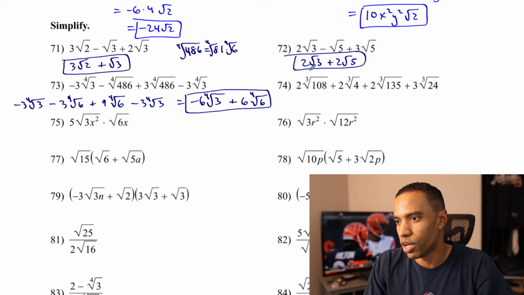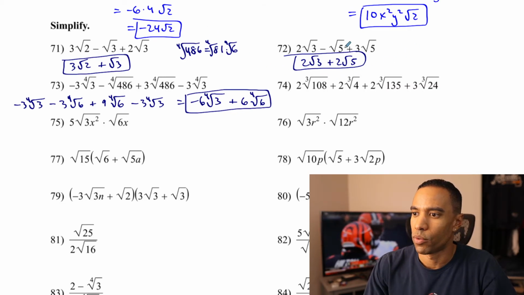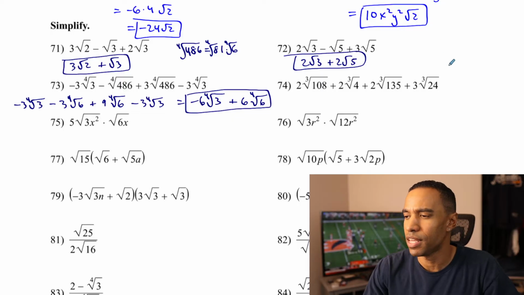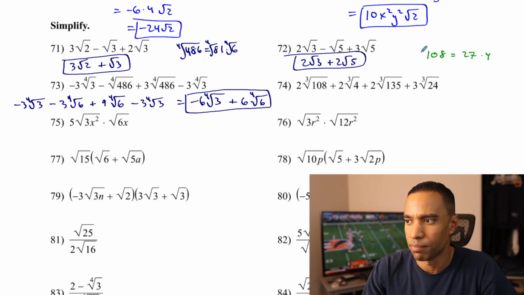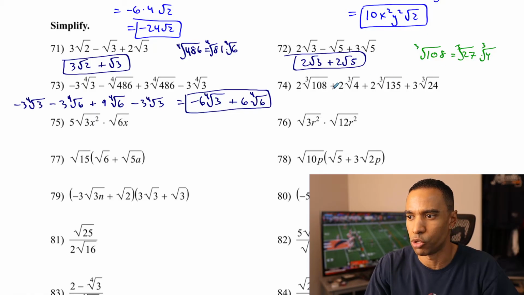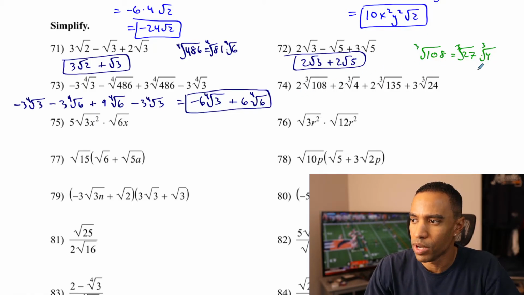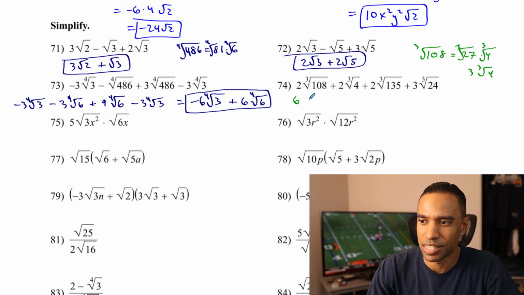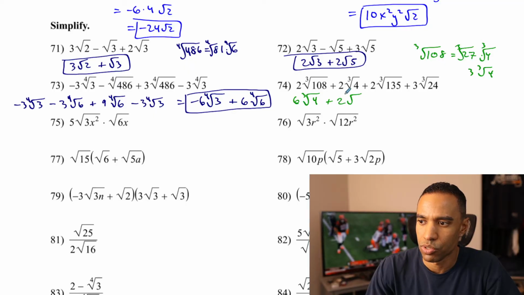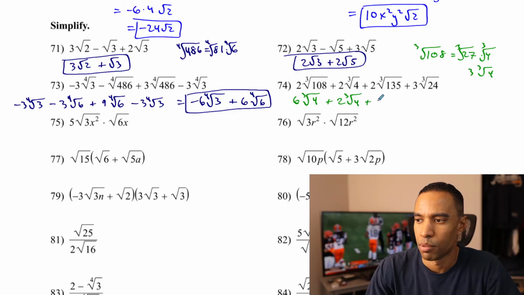Cube root of 108. So 108 is not a perfect cube, but 27 is. 108 is 27 times 4. So cube root of those, and that will be 3 times the cube root of 4. So 3 times the cube root of 4 times 2 is 6 times the cube root of 4 plus 2 times the cube root of 4 plus